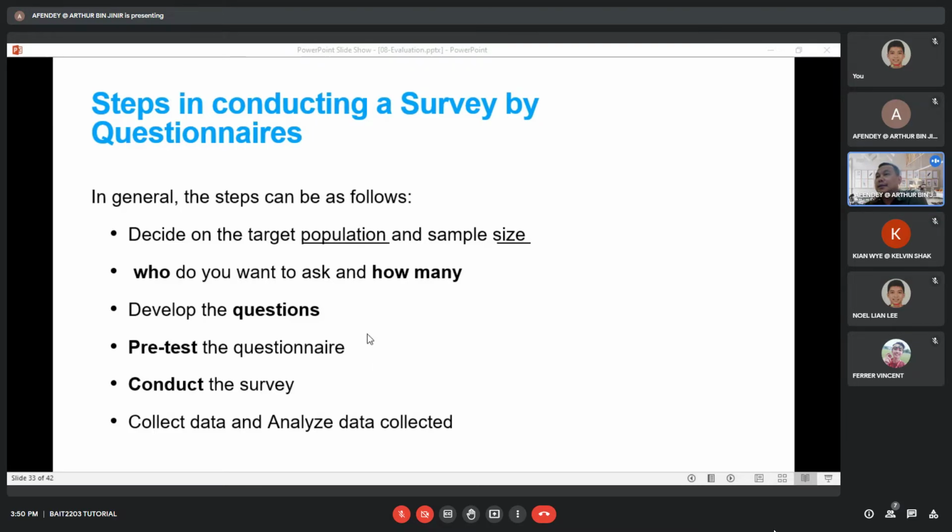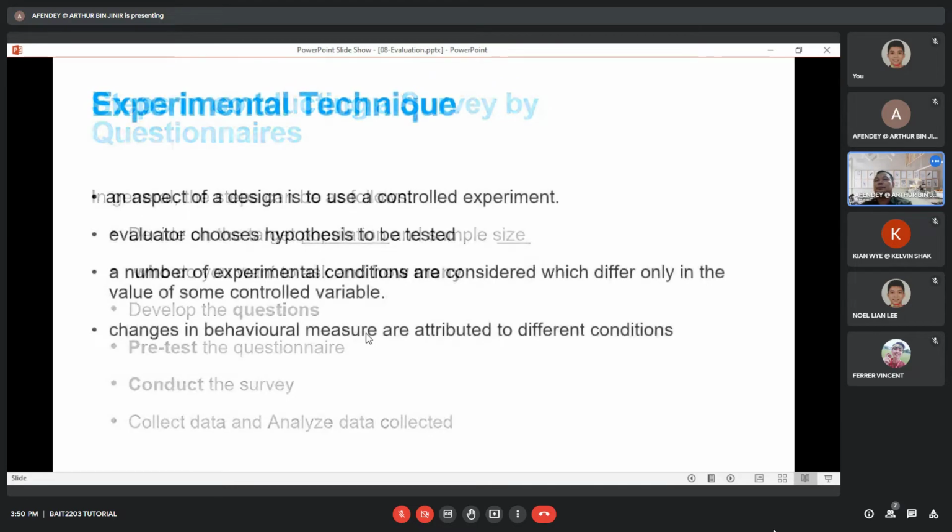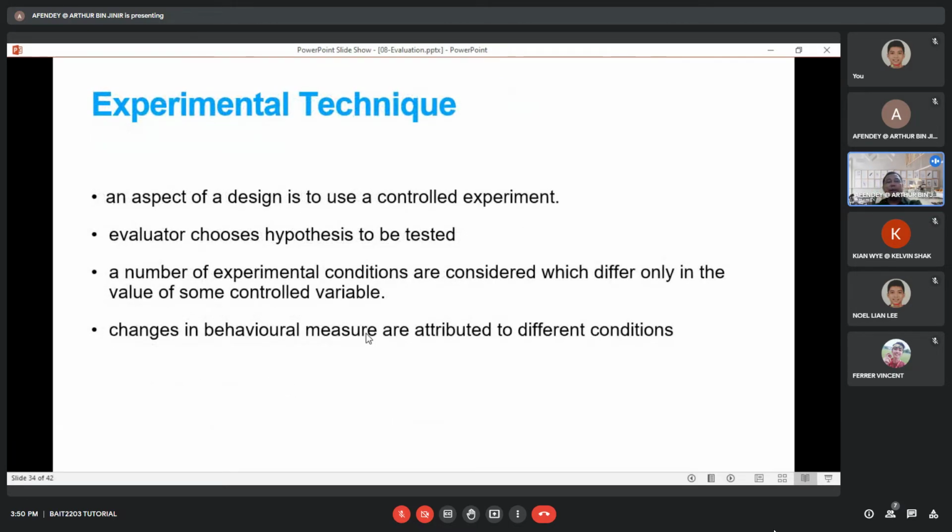And then let's see the next one. Experimental technique. Okay, an aspect of a design is to use a control experiment. The evaluator chooses hypotheses to be tested. A number of experimental conditions are considered which differ only in the value of some control variable. Changes in behavioral measure are attributed to the different conditions. So in experimental technique, to make it easy for you to understand,